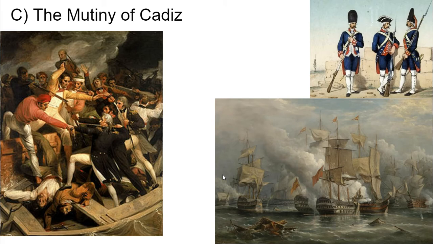The final event that shifts this whole thing is Napoleon is defeated, and Spain is restored. The king of Spain is restored to the throne, a guy named Ferdinand. And so Ferdinand starts to raise an army to go reclaim his territories. But he doesn't tell that army where they're going.